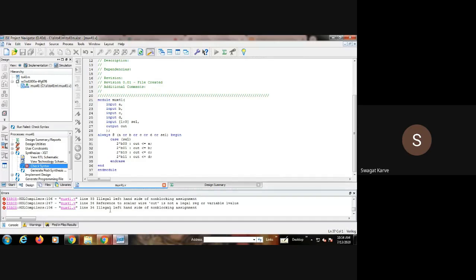So this is how you have to go for the trial and error method the first time when you are doing this. Normally I use VHDL code because I'm much more familiar with the VHDL language. Verilog I very rarely use, because I found VHDL is a much simpler language than Verilog.